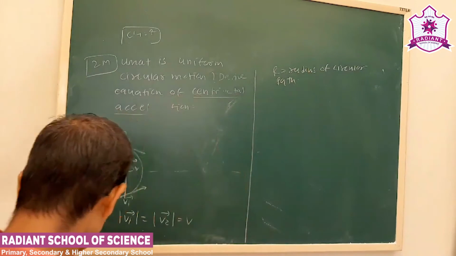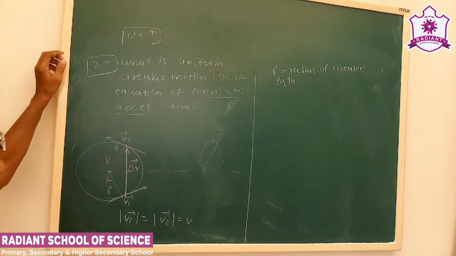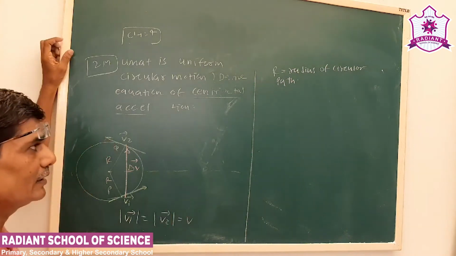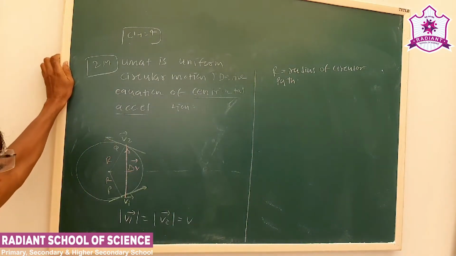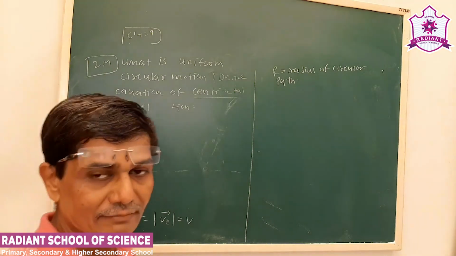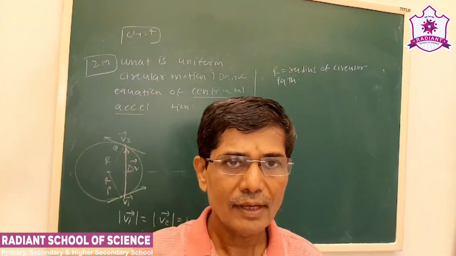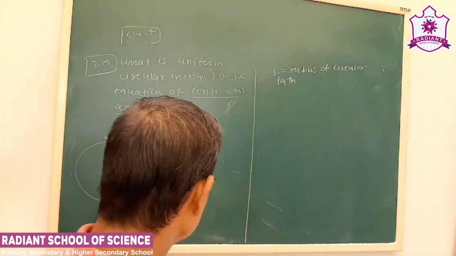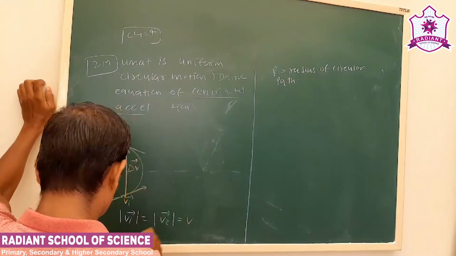Okay, and v1 and v2 are the speed. Now see, we have to use triangle law for vector addition. As I discussed earlier in the beginning of the lesson, a vector has an important advantage: we can shift its position by keeping its magnitude and direction same. So this V1 I am showing like this, V1.